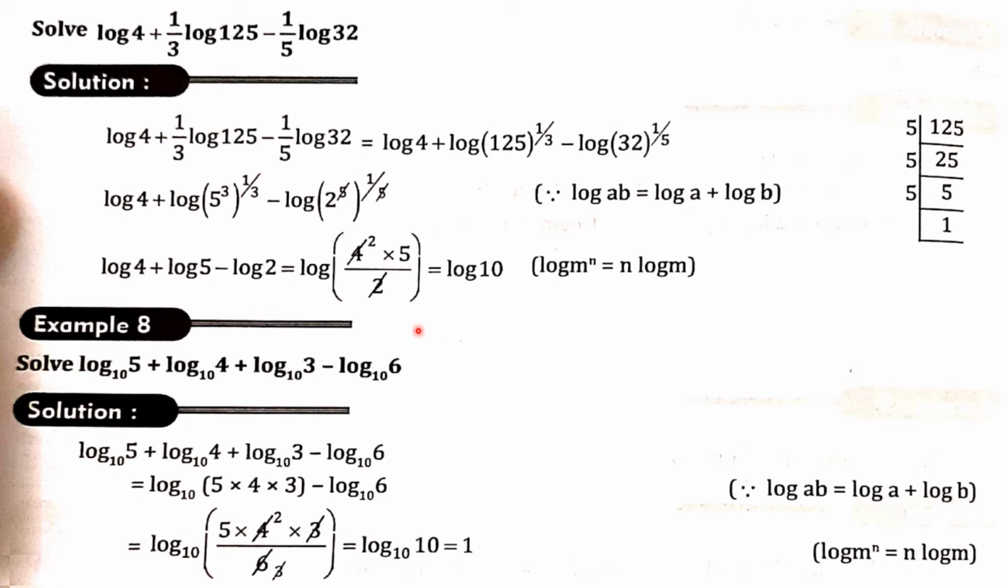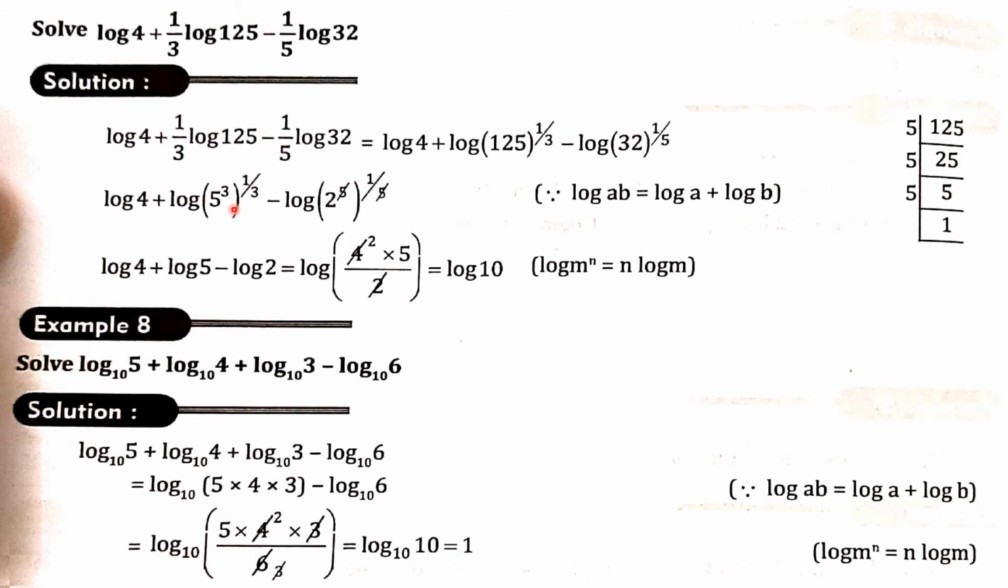Next one, log 4 plus 1 by 3 log 125 minus 1 by 5 log 32. So log 4, you are not supposed to make any changes, write the same. Here, log 125, so for 125 take the power 1 by 3. For 32, take the power 1 by 5. After this,